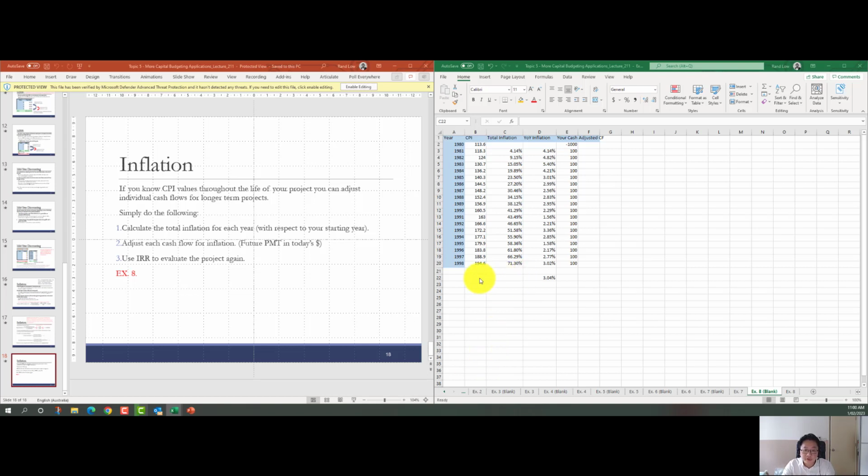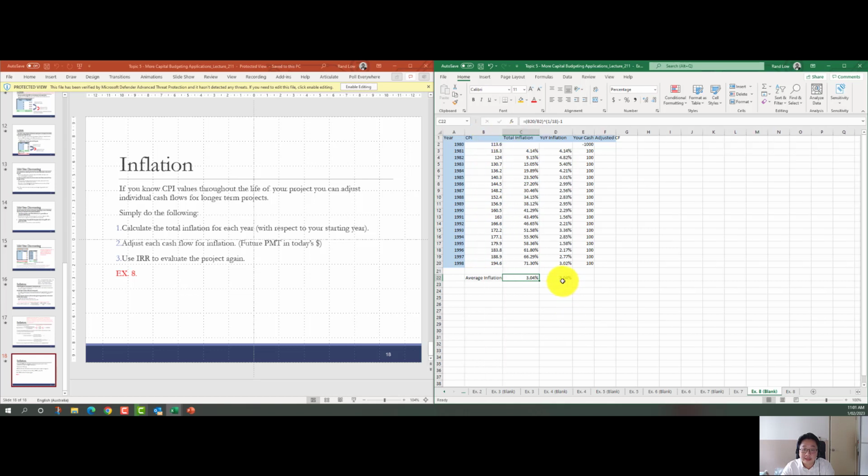Okay? So what happens if you want to find the average inflation? Then we actually take B20 minus B2, okay? The power of 1 over 18 minus 1, okay? That gives us the average inflation was 3.04, which is exactly the same as what we have